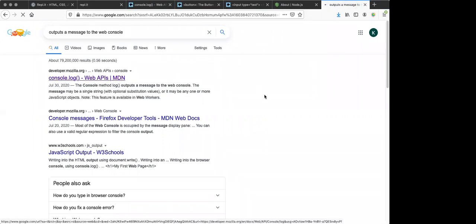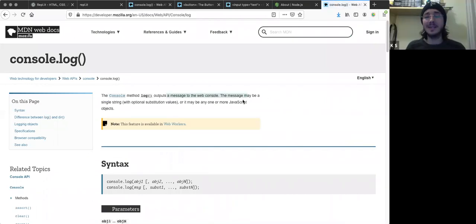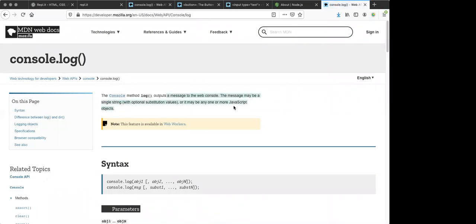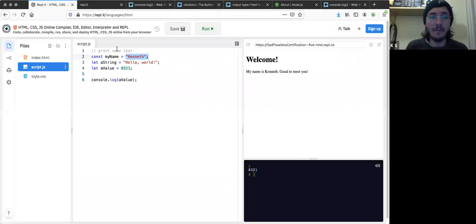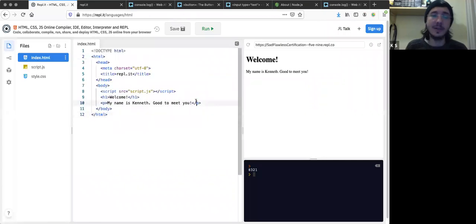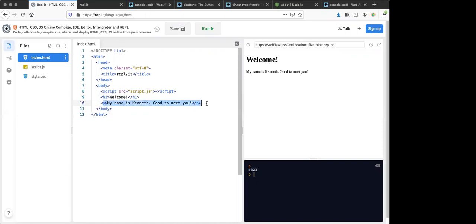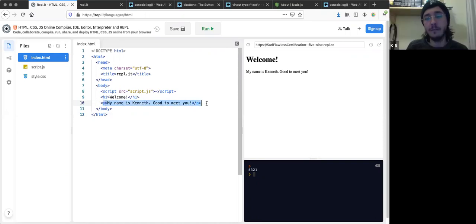Yes. Okay, great. In this case it found it because it's part of the page that's loaded here. It's stored inside of an HTML document, very similar to this. If this page were published on the internet for everyone to see, I could search, my name is Kenneth, good to meet you, and Google would be able to index that text because it's a document that's served when you visit that page. However,